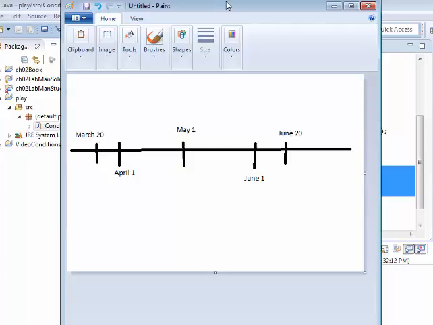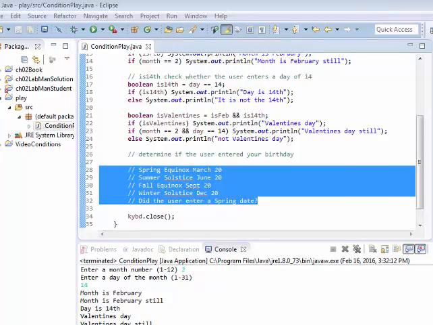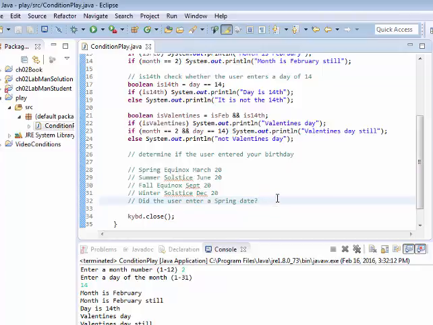So let's get the easy parts out of the way first. I'm not going to have Boolean variables anymore. I'm just going to write this relation straight in my condition in the if statement. Let's program in small chunks, because that's the best way to get things working. The easiest thing to test is that any time in April or any time in May is going to be in spring. So I can say if